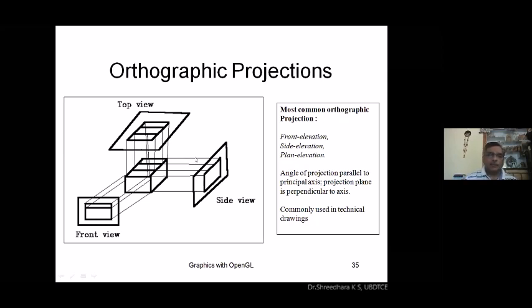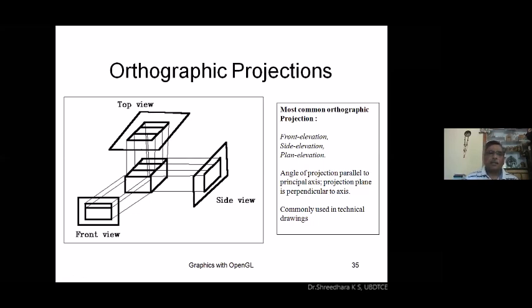If you observe, all these lines go parallel to each other, perpendicular to the plane. Hence it is called orthographic projection. So the front elevation, side elevation. If you observe this at a particular angle, for example 45 degrees, and project to a plane here, then we call it oblique projection. This is the diagram we have done in your first year. Now we are making use of this concept here in order to analyze the 3D pictures.